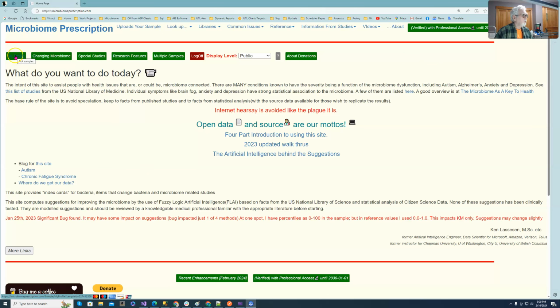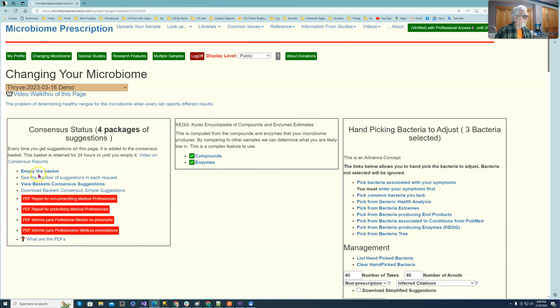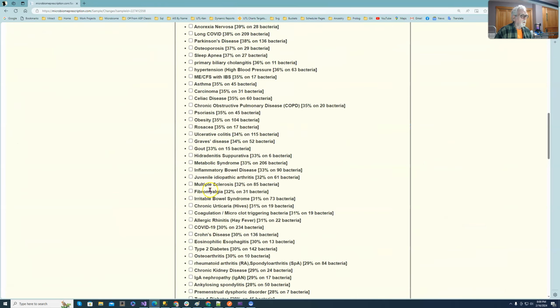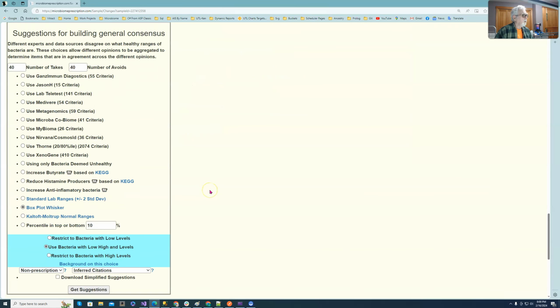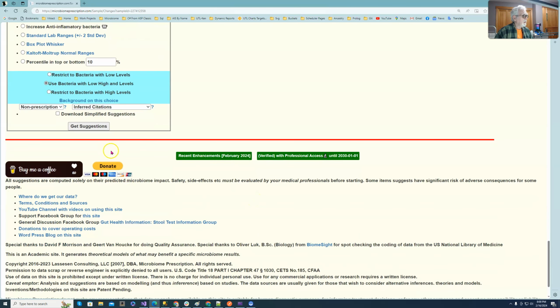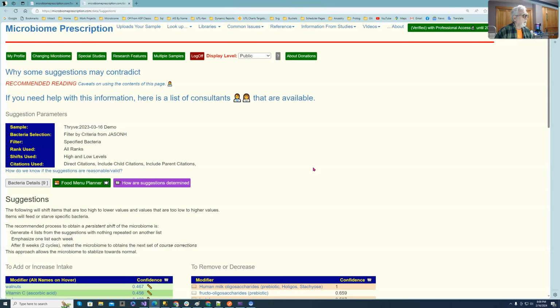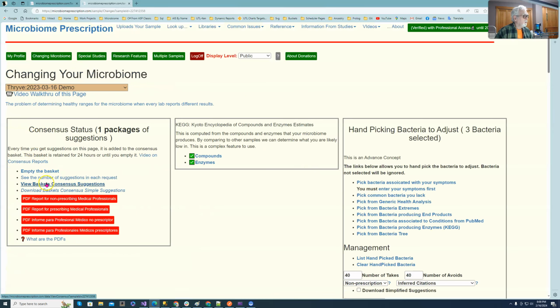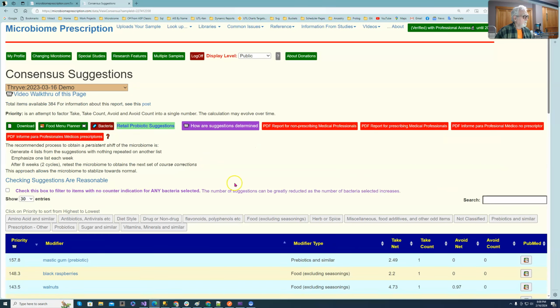If we go over to changing microbiome, and we have things there, what I'm going to do is empty the basket, and I'm going to go down here and do something which has very few suggestions. Jason's H to get suggestions. We have the suggestions. Now what I do is I go back to view the bucket consensus, and we have